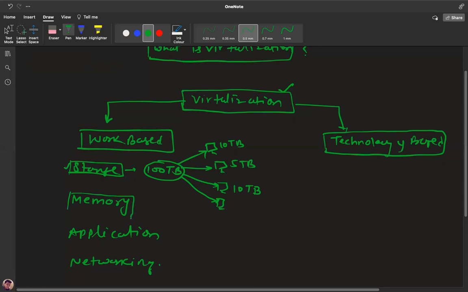Now talk about memory. Memory is related to RAM, right? Yes.